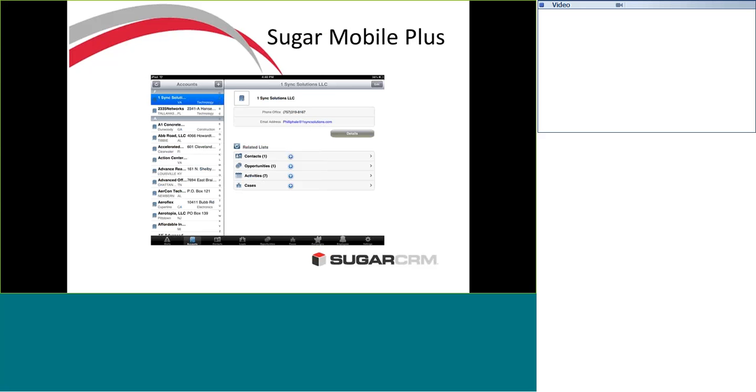As was mentioned earlier, in the corporate version, there is Sugar Mobile Plus. The claim to fame for Sugar Mobile Plus is that it is customizable. In the Sugar Mobile, we cannot add any fields, and in the browser we can add a limited number of fields. In the Sugar Mobile Plus, we can add up to 60 fields per entity. Additionally, Sugar Mobile Plus